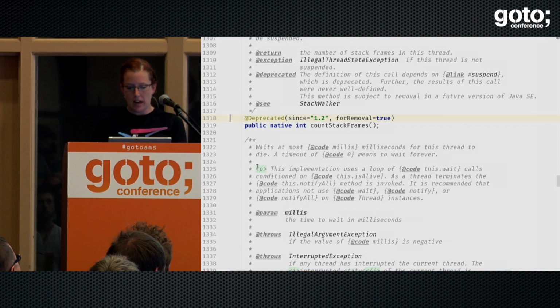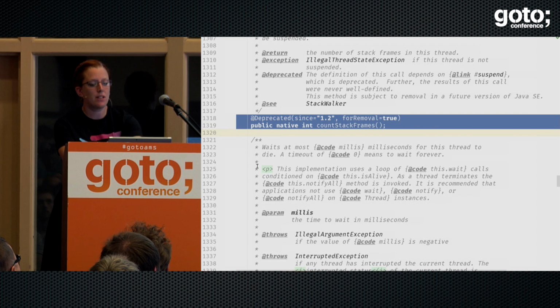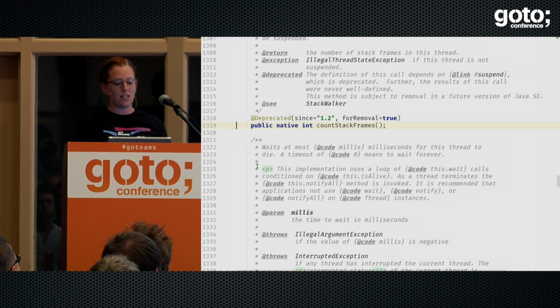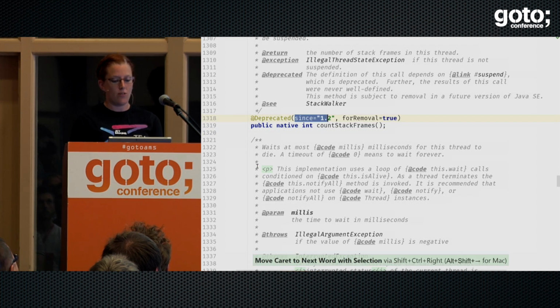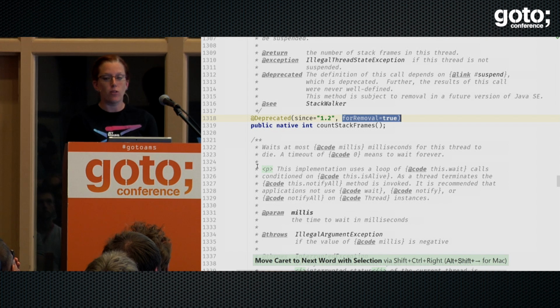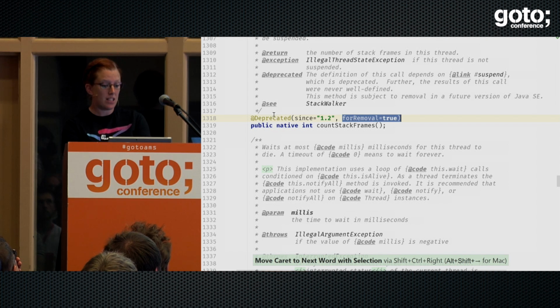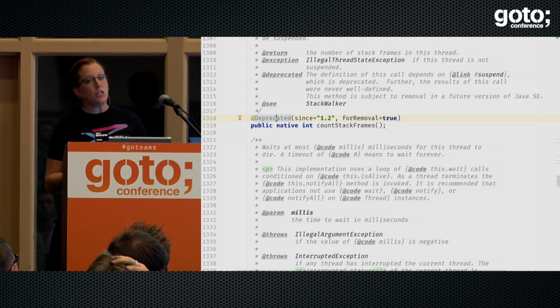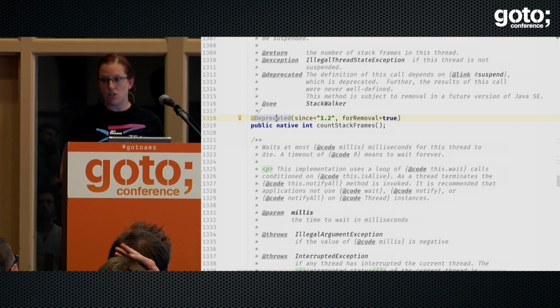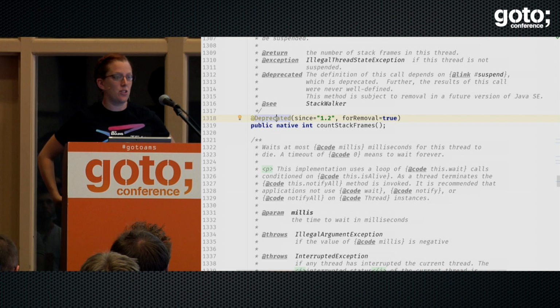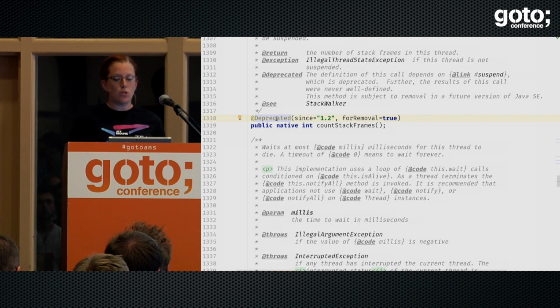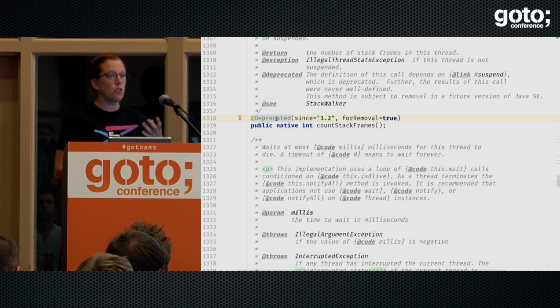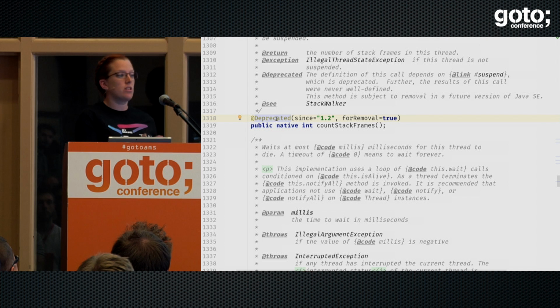Thread, here we go. Now, when you see deprecated methods, they can also be annotated with when they were deprecated, so Java 1.2, and whether they're going away or not. So that's kind of cool. You can get an idea of whether it's deprecated and you shouldn't really use it, or it's deprecated and if you don't stop using it, it will go away and your code will break. This is really useful when we're looking at other library code. If you're working on library code of your own, do start using this, because it's super useful for your